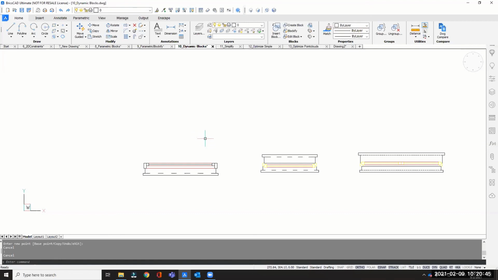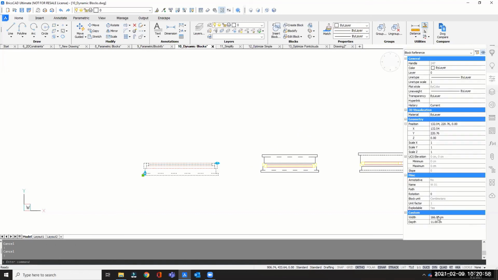So you can also explore more about these dynamic blocks in the exercise that you have the module on. Okay, so we can also see that there are other properties that can be seen here with each of the dynamic blocks. So the information was